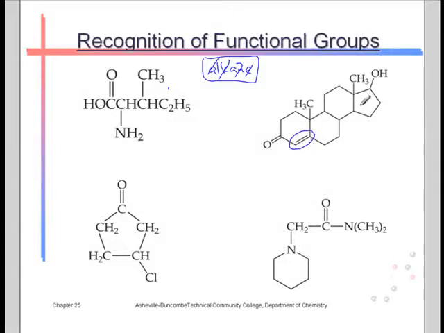This is a structure for testosterone, which is a human hormone that I'm sure everyone has heard of and is somewhat familiar with. What you have in there is one functional group that is related to the hydrocarbon talk from the first lecture for this chapter, and here we have an alkene embedded within this larger molecule. Now notice that this is a polycyclic compound. I don't want to worry about you naming this as a cycloalkane. Again, we're just focusing on anything associated with alkane. Just ignore it in terms of a functional group on these more